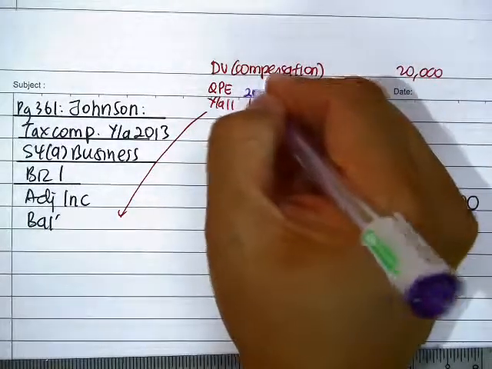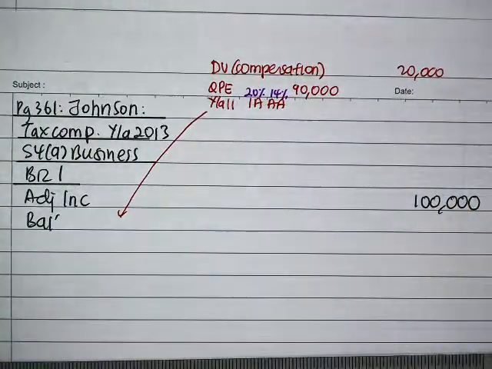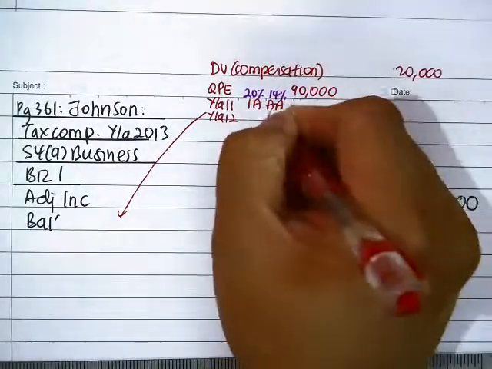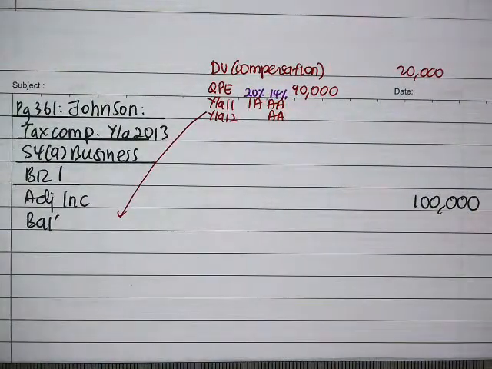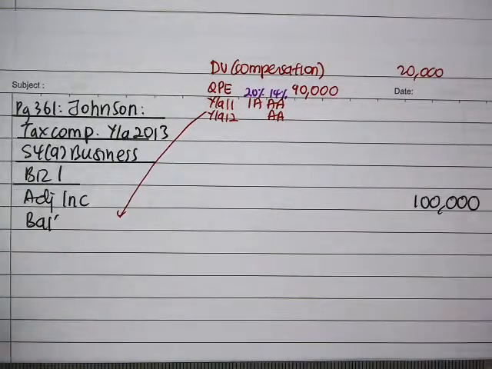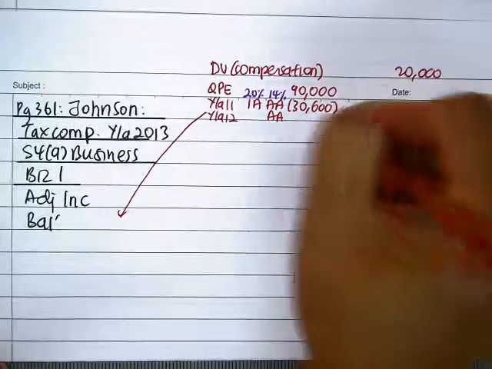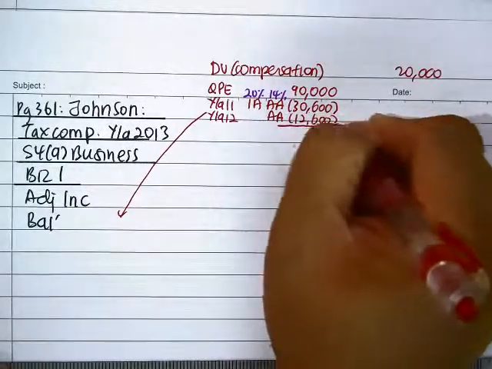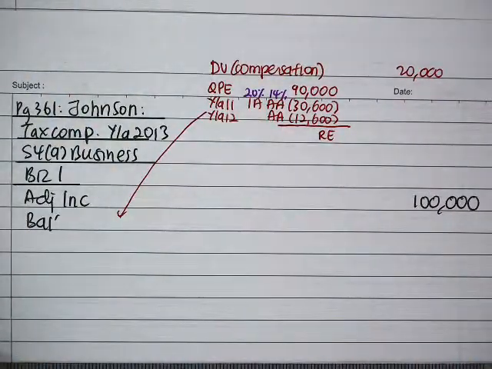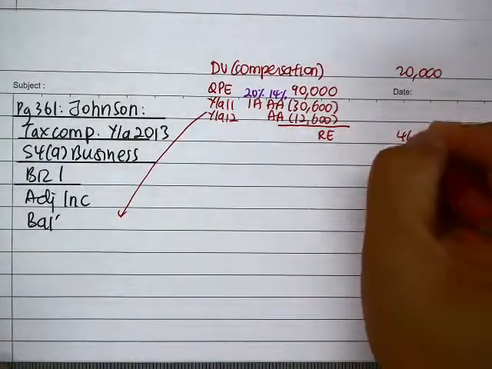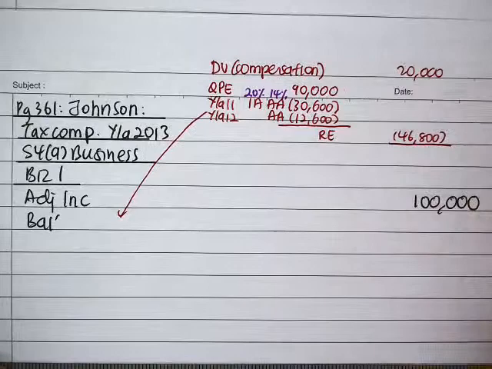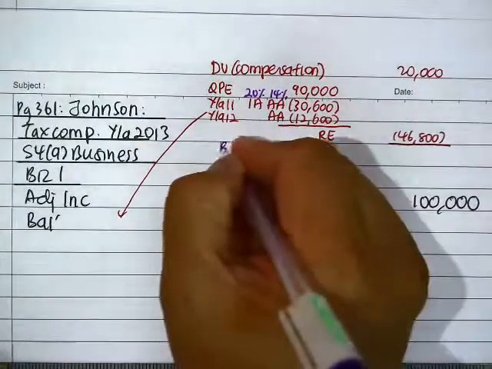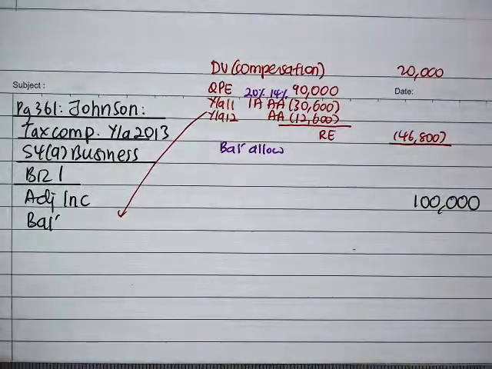Now the rates for IA is 20, plant machine AA is 14, and there will be 1 more year to claim in 2012. $36, $126, now we get a balancing allowance, okay,